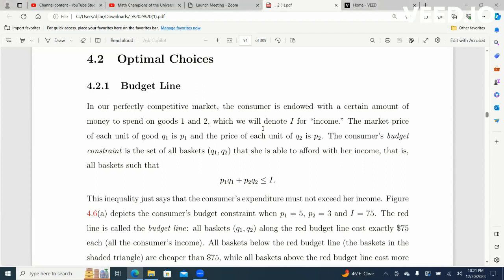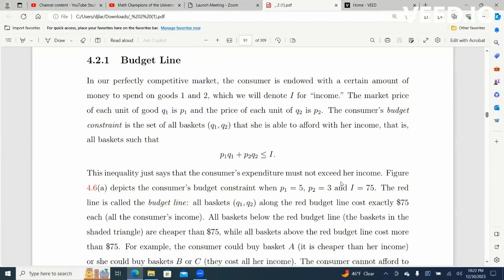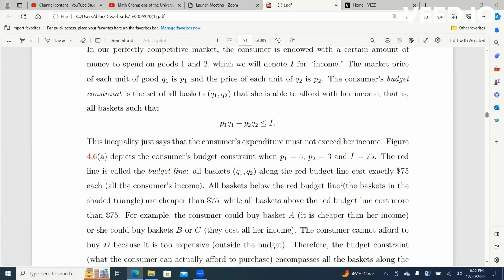The market price of each unit of good Q1 is P1, and the price of each unit of Q2 is P2. It has nothing to do with revenue, but it's the exact same concept. If we have a quantity and the price per that quantity, then if you multiply them, that's the amount of money that you're spending or making. So it should be very obvious. The consumer's budget constraint is the set of all baskets Q1, Q2 that she's able to afford with her income. That is, all baskets such that: